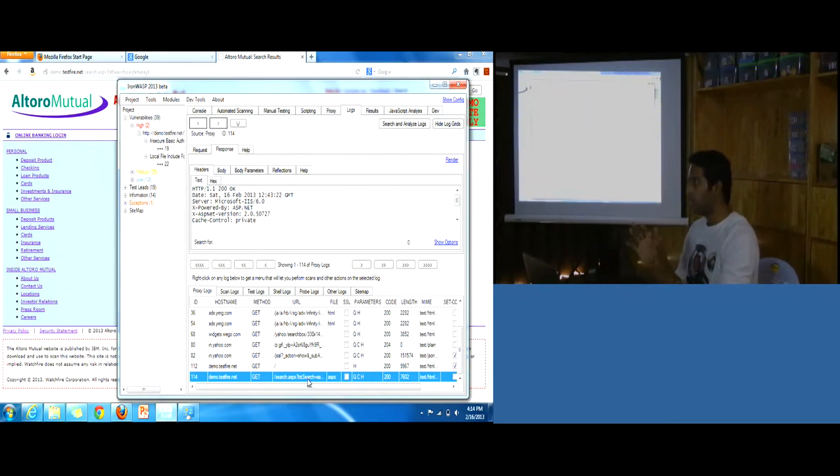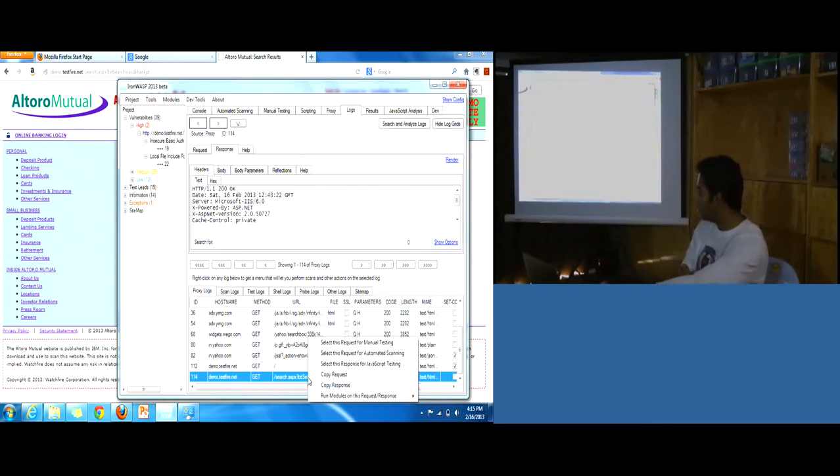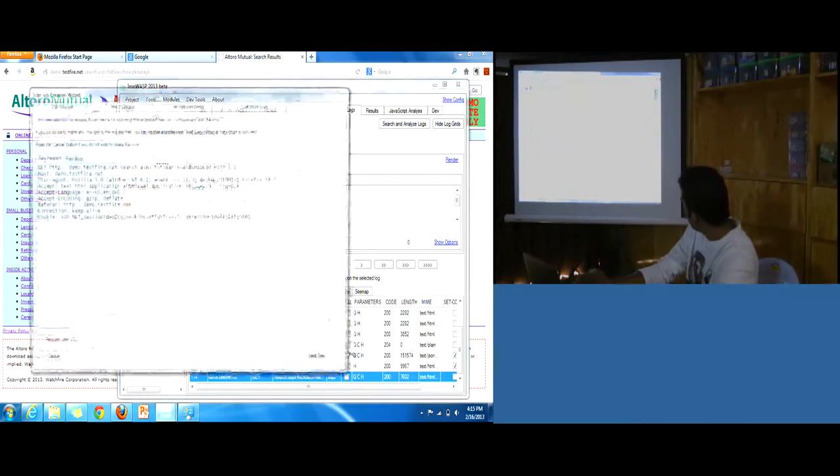That's all I'm interested in. Let's say you are developers, you've just developed this particular search feature, and you want to know if that new component has any vulnerabilities. So you can go to the logs, pick the particular request which had the search query going, right click on it and select for automated scanning.